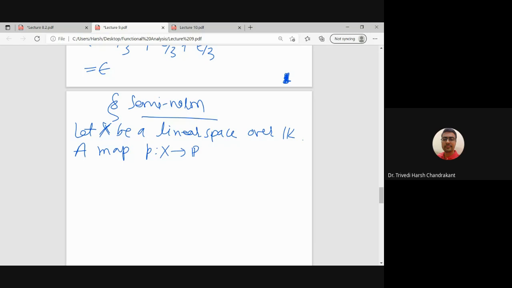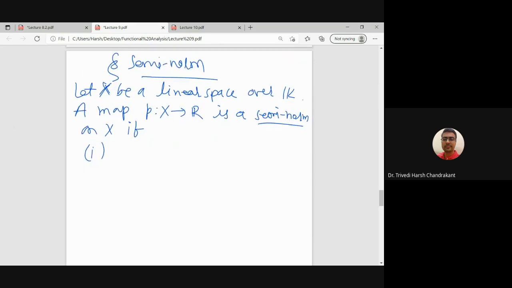Norm is also a map from X to R. Seminorm is also a map from X to R. A map p is a seminorm on X